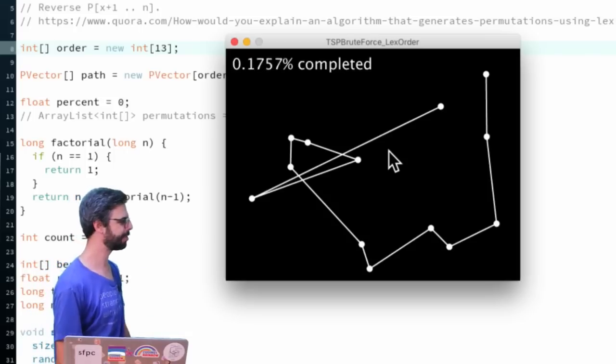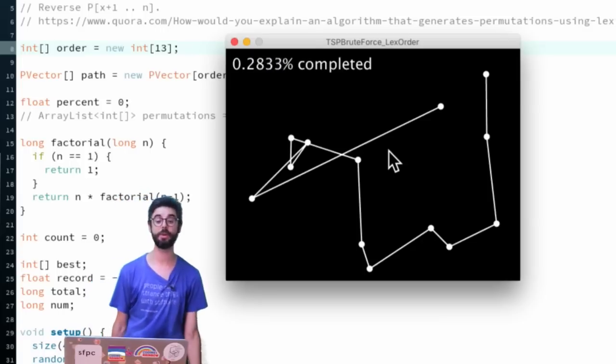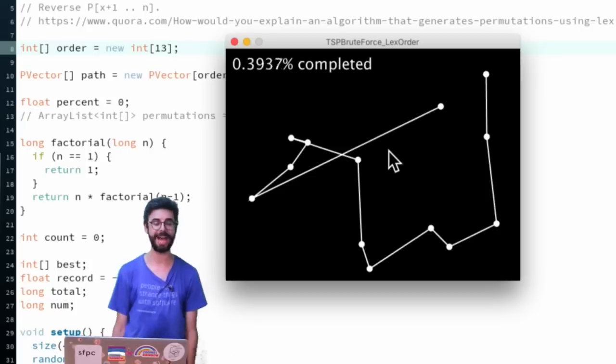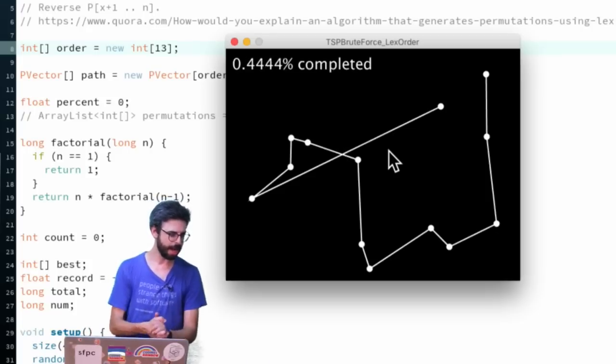You can see that it's still checking all the possibilities, but even just to get to 1% of the possibilities is taking quite a while. And this is a program that's written in Java that's running relatively fast. Okay, so